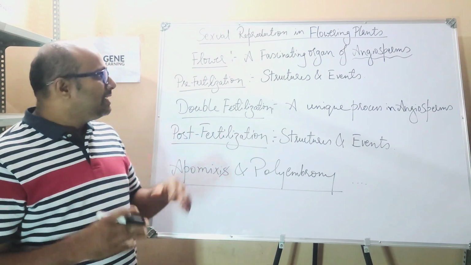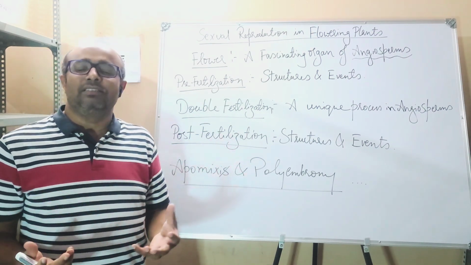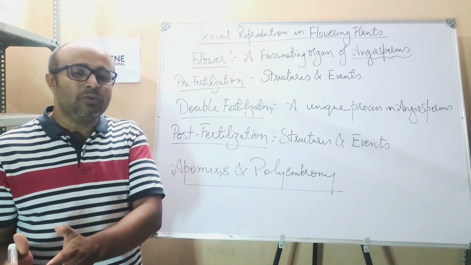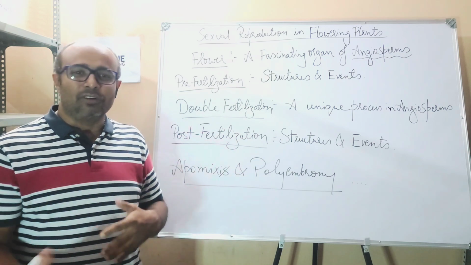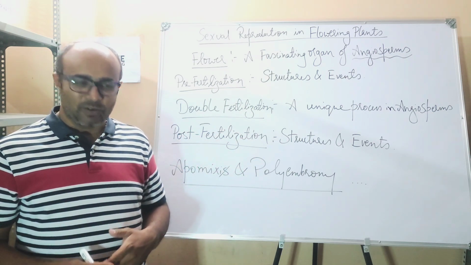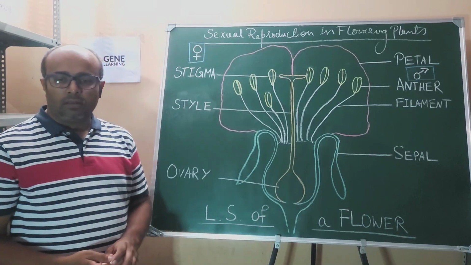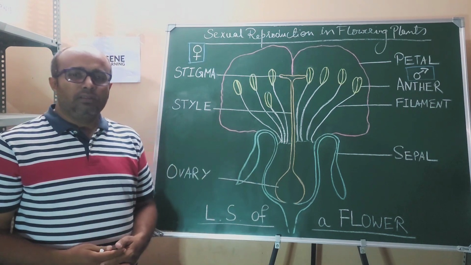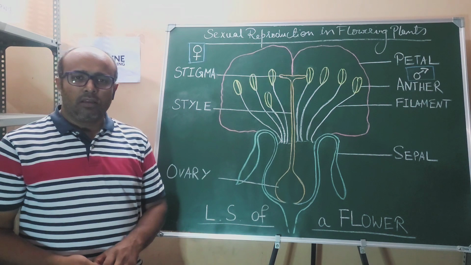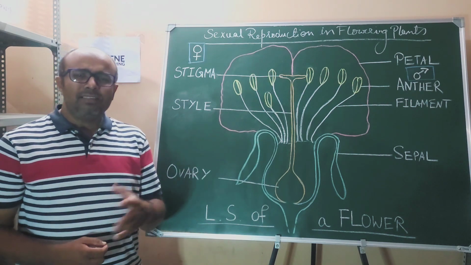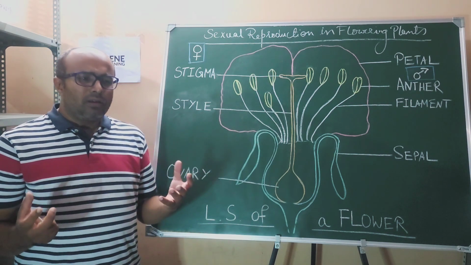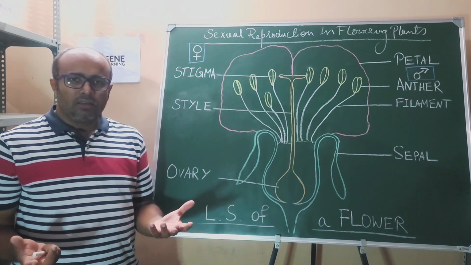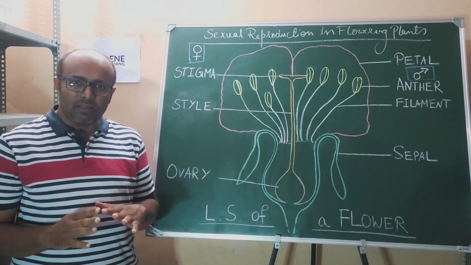Now let us talk about the different organs in the flower which lead to the act called sexual reproduction. That we'll see now, as I was talking to you about the structure of a flower. Now, before that, let us see what flowers are. The flowers are nothing but,